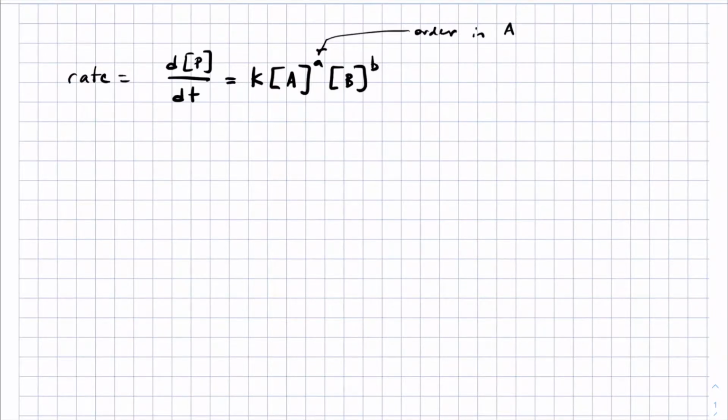So if little a equals 1, we would say this reaction is first order in A. And similarly with B, if little b were 2, we would say it was second order in B. It's kind of rare for there to be reactions where three things come together at once. Such processes are called termolecular, and they are known, but there's not that many of them. I will say you can write a rate law expression that just